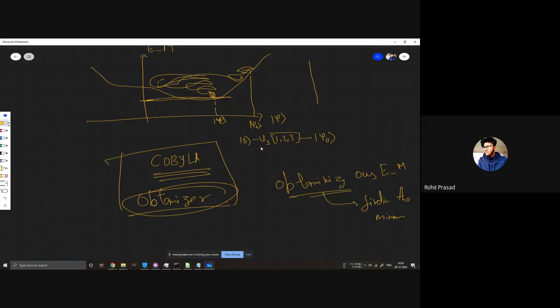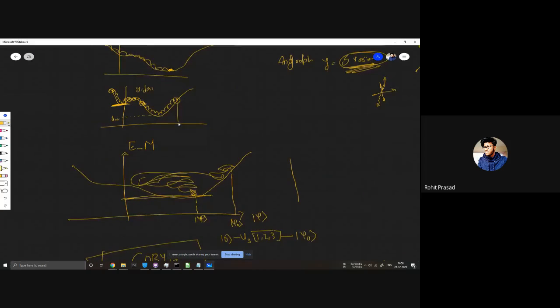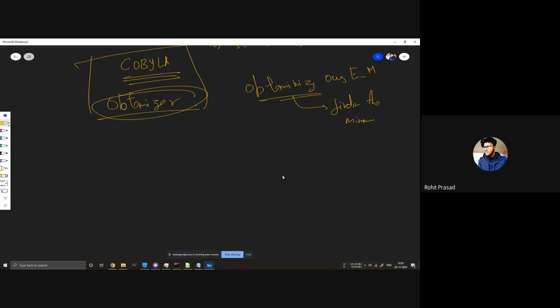Okay, so one more thing, for this one we just take an x, right? We can go here x minus x naught, epsilon, x plus epsilon. But in case of psi, we can't just say psi minus epsilon, psi plus epsilon, something like that. So we make an answer for that. Let's not get into the naming thing. It's just a psi that has some parameters. It's psi of x comma y comma z, not x comma y comma z. Let's say a comma b comma c. That changes with this thing.